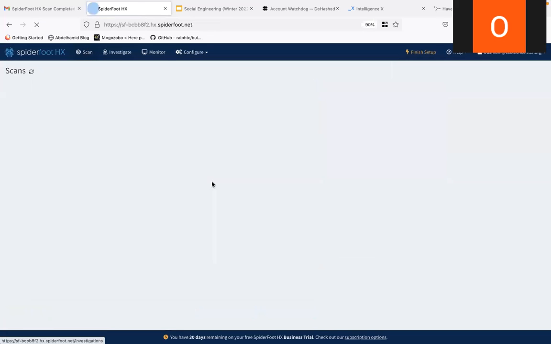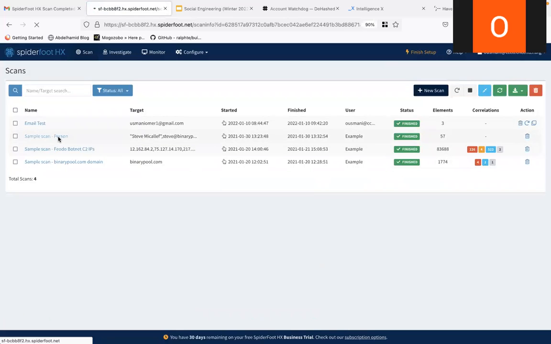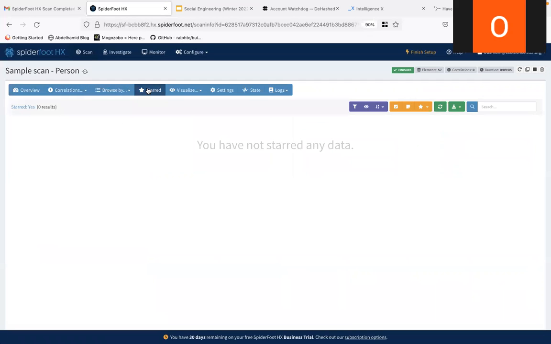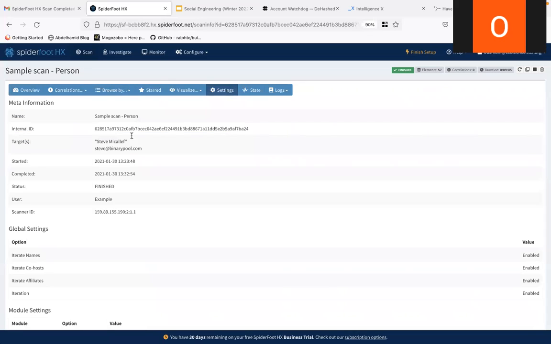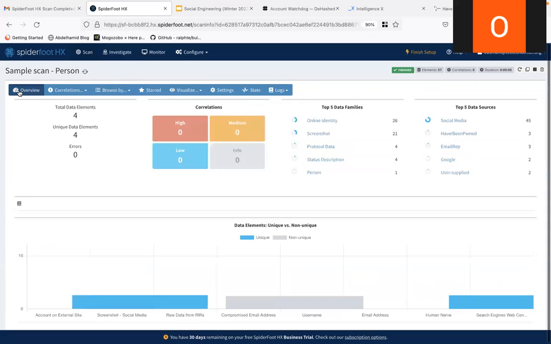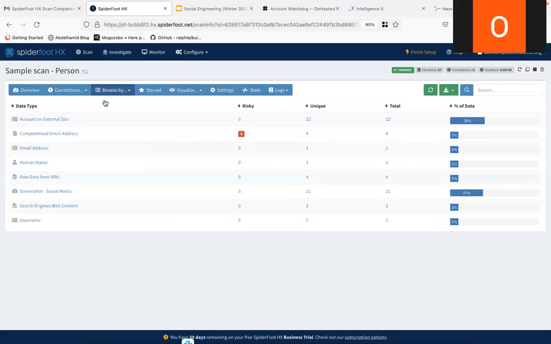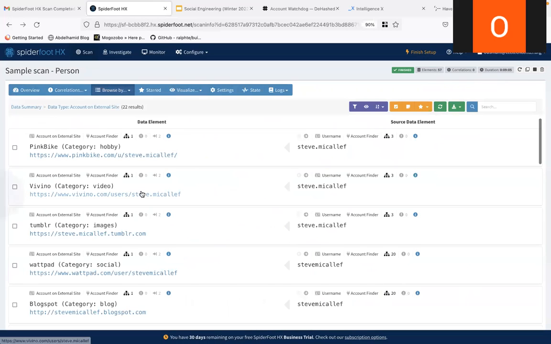There was a sample scan here. In this example, they specified a full name and then an email address. Once the scan is complete, you get different types of results, and the easiest one to find is data type.